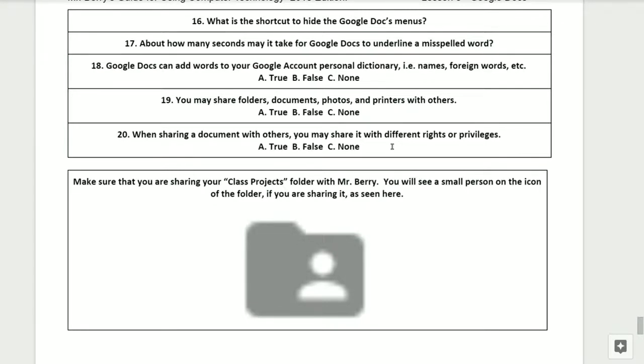About how many seconds may it take for Google Docs to underline a misspelled word? Question number 18. Google Docs can add words to your Google account personal dictionary, such as names, foreign words, etc. Is this true, false, or none of the above?